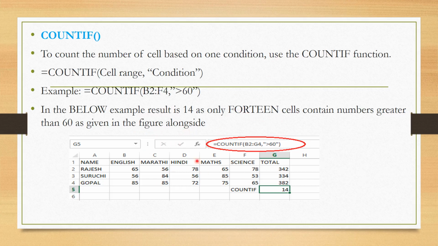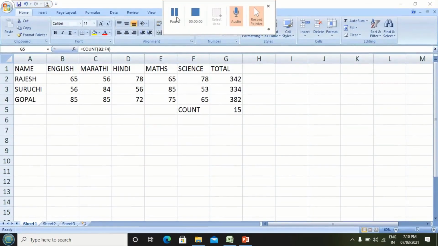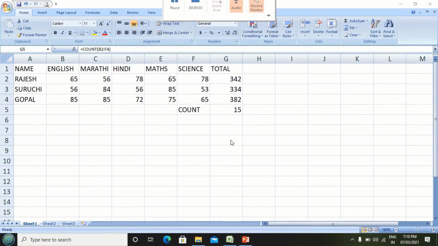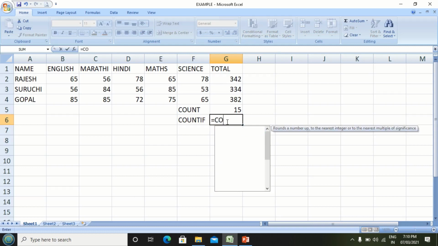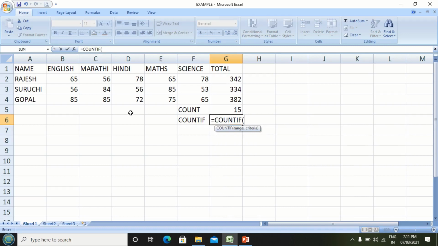As only 14 cells contain numbers greater than 60 as given in the figure alongside. Students, let's see the same example in live demonstration. Here I write countif. In the same example we are going to execute the countif function, exactly in the opposite cell. Here in this cell we type the countif function: is equal to countif, open bracket, select the range of cells.